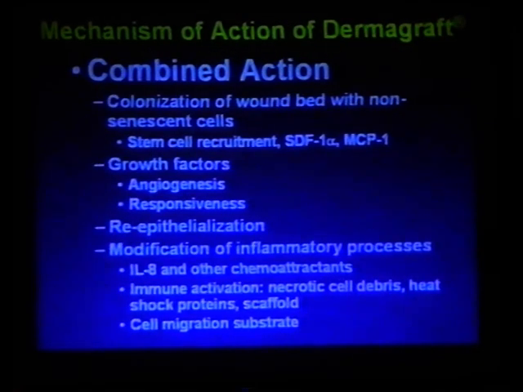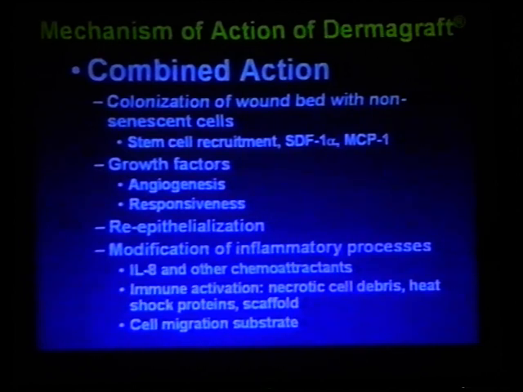Now, when it comes to marketing this material, selling it, the company has to be able to sell its product. A great deal of effort has been put into looking at the mechanism of action of this material. And from my point of view, this has been a large part of the development of this material. So we've always considered the mode of action of this material as a combination of